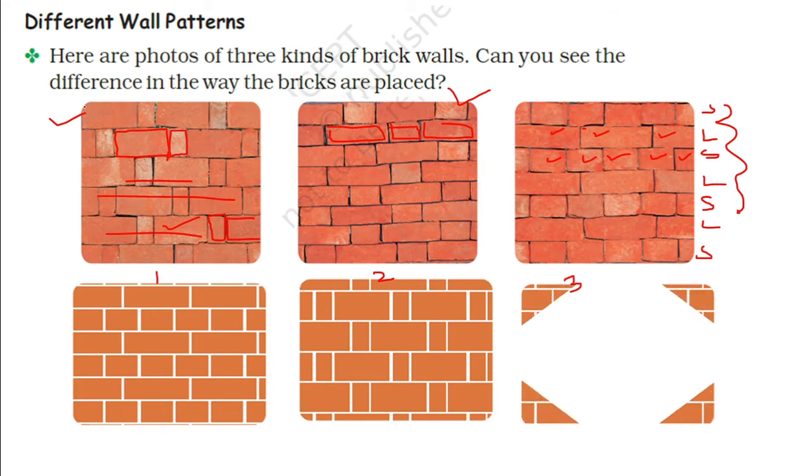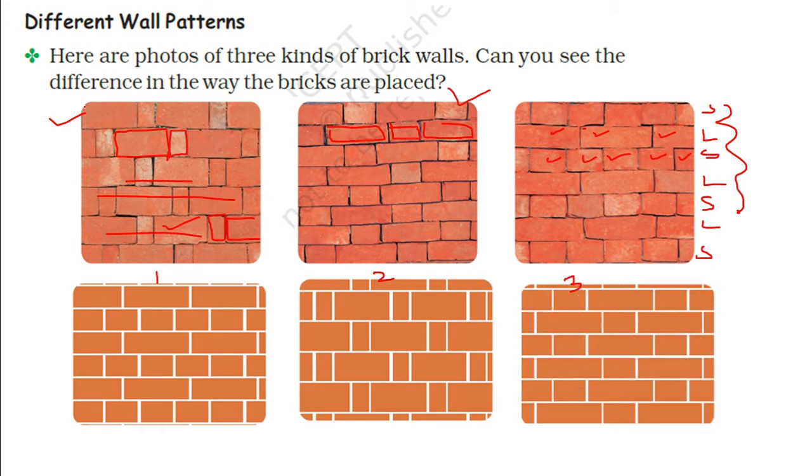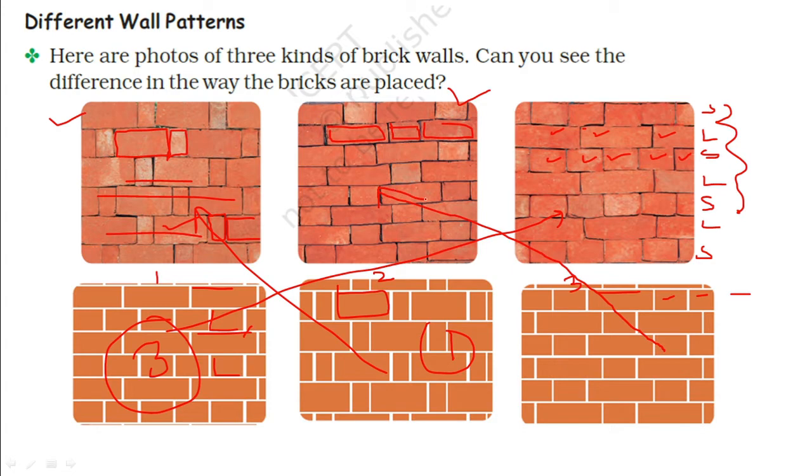We have made the drawing over the brick design. So which will match with the other? You can see here longer, smaller, longer, smaller. So this will be like pattern 3. So this will go like this. Now this is in standing position. So this will be pattern 1. So longer, smaller, longer, smaller in the same line. So this will go with this. So this is pattern number 2.